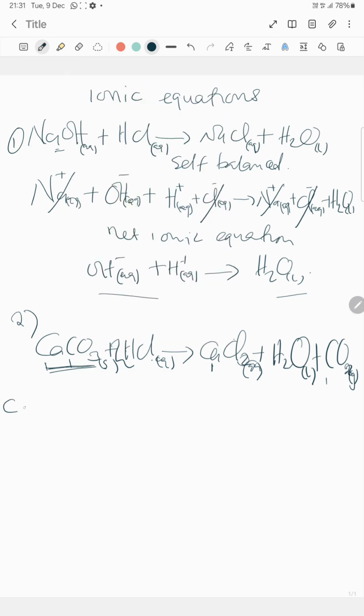CaCO3 solid plus 2H plus aqueous plus 2Cl negative aqueous is going to give us